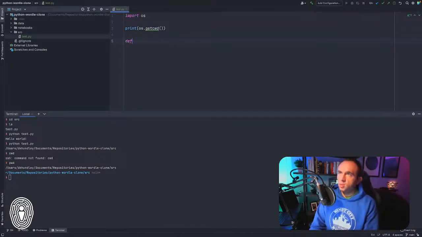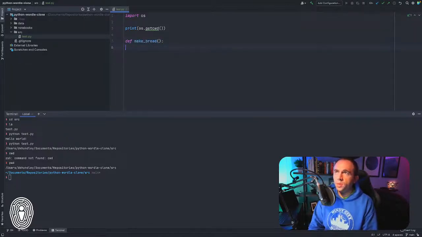The way we do that in Python is we define the function by putting def, and then we put the name of the function. So def, what do we want to call this? Make bread. Not make break, make bread, and then we do a colon. Within these parens you would define what sort of inputs you want here. You actually don't have to have any inputs, and just for fun, I'm going to show that you don't have to. So def make bread, and then print,